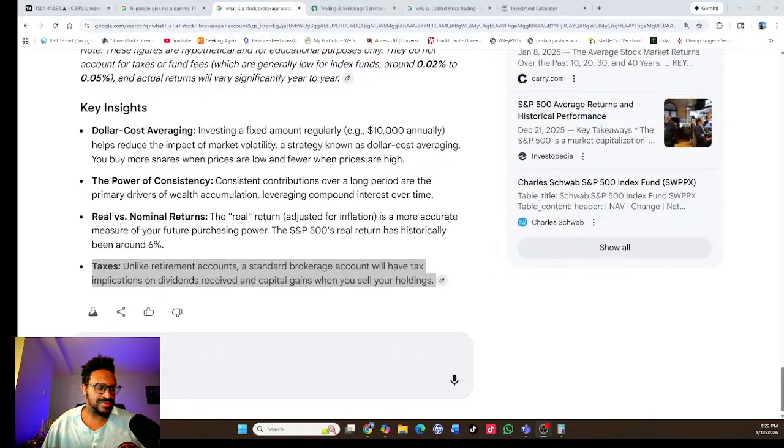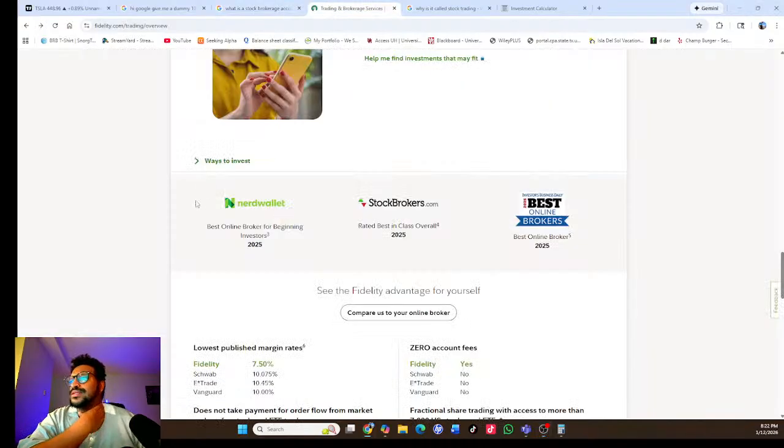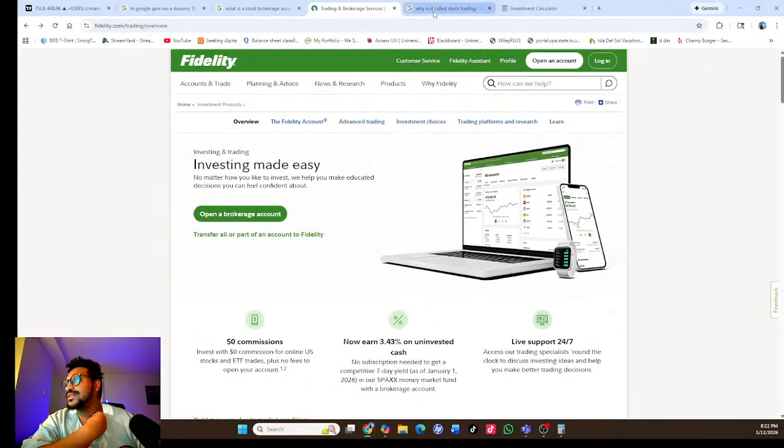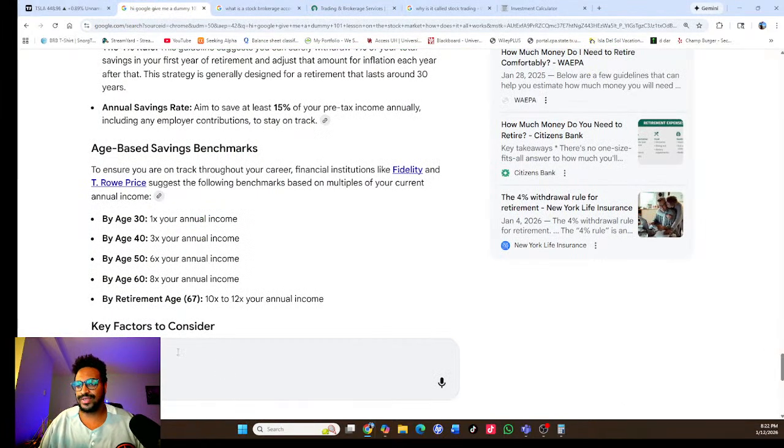And investing versus trading. So anyways, this is where you can come to Fidelity or Vanguard and open an account, and you put money in there and then you buy a stock. Or you could buy other investment vehicles like